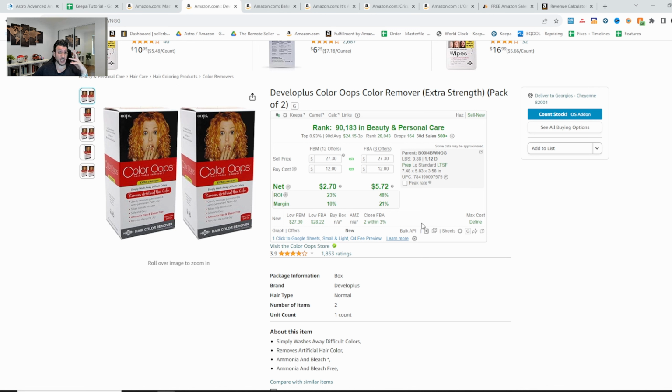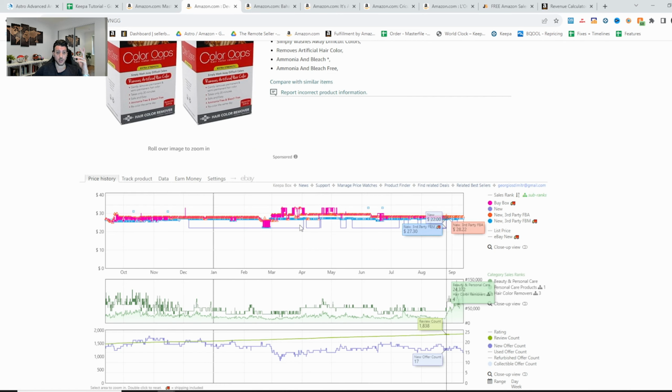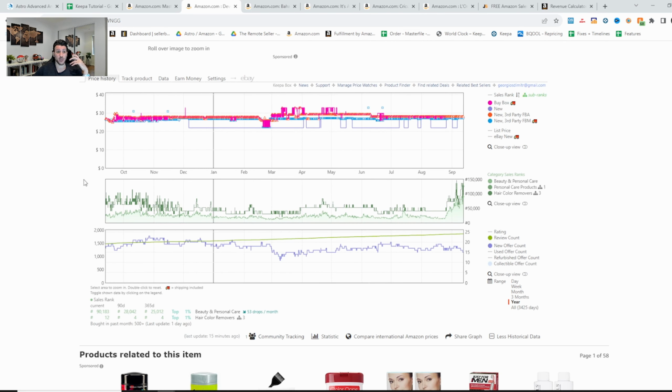First things first, let's calculate our break even. So we have $5.72 worth of profit at $27, so roughly $20.80 or so will be our break even at $20.55. All right, $20.56 is our break even in this case. Let's go to our Keepa chart and see how many times this product has dipped below the break even. So you see the price here is historically at around that $26, $27, $28 mark. It has not dropped one time below our break even historically in the last year. So this is a very safe product to buy in terms